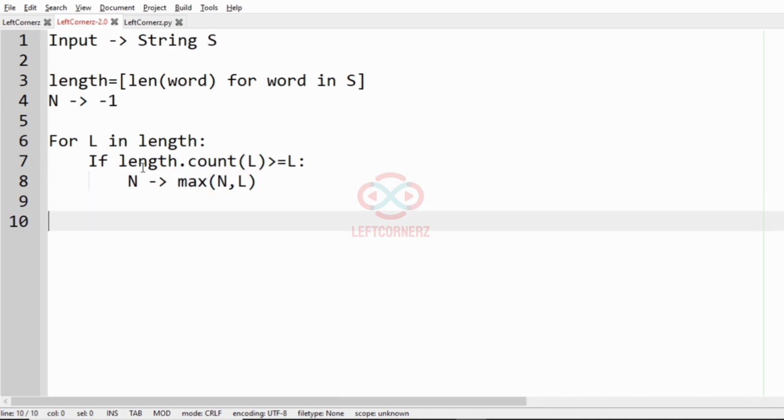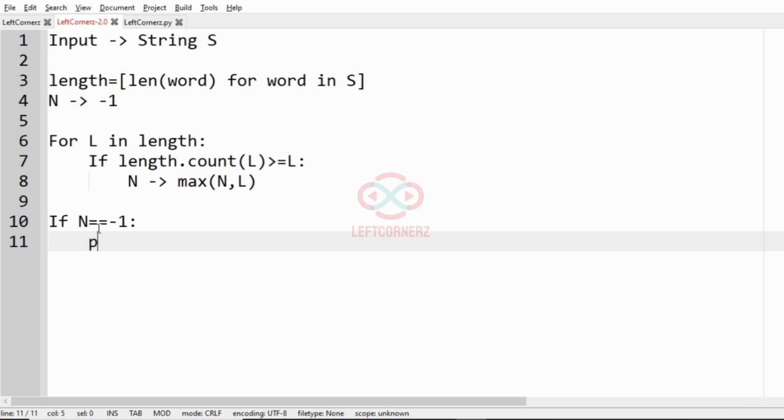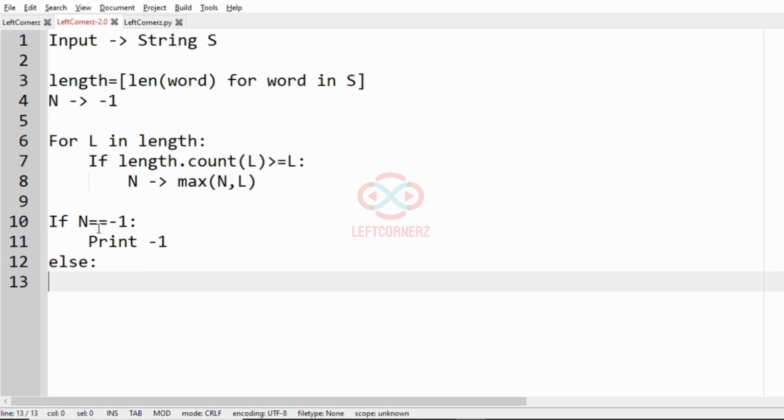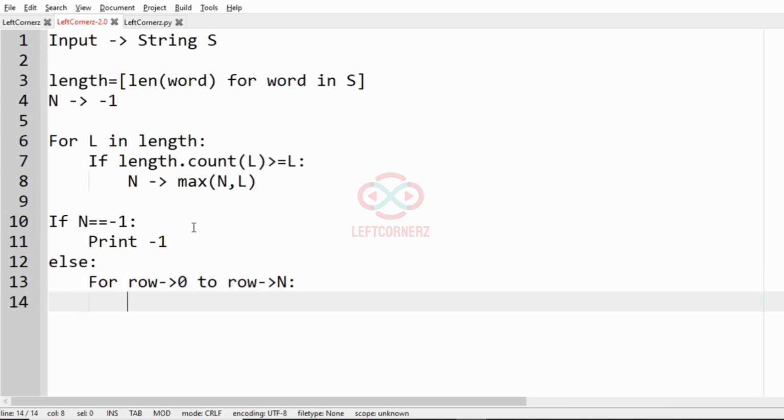If no word is found, that is n is equal to -1, then we have to print -1 as our output, else we have to print the words. So for row in range 0 to n, let us iterate over the words, for word in s,